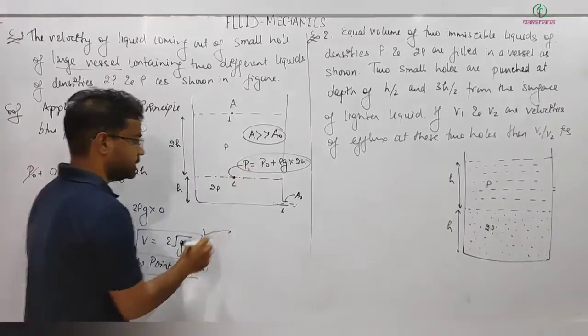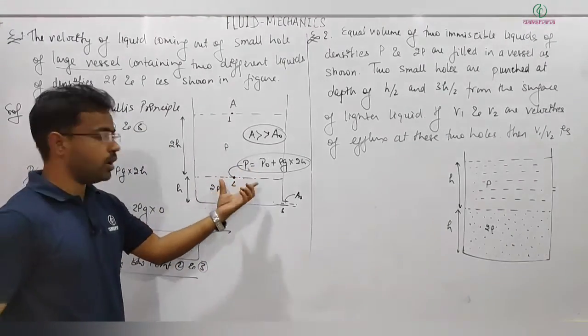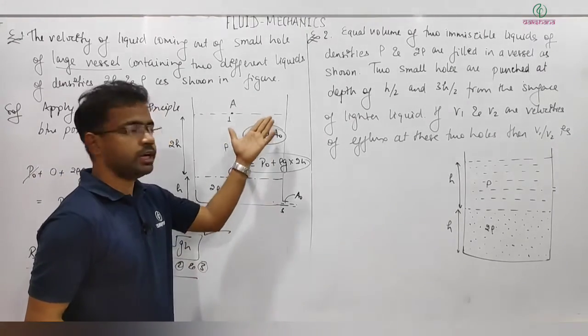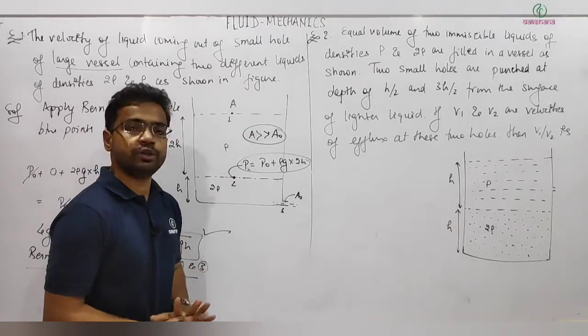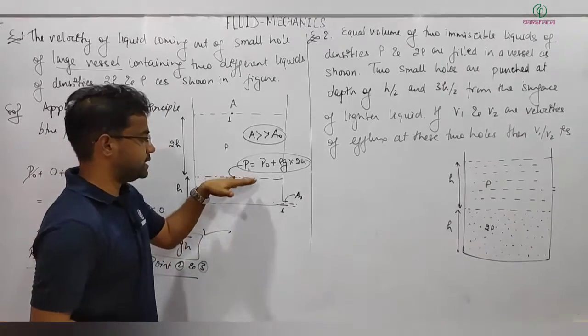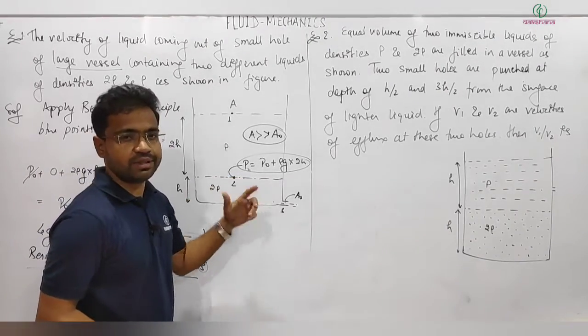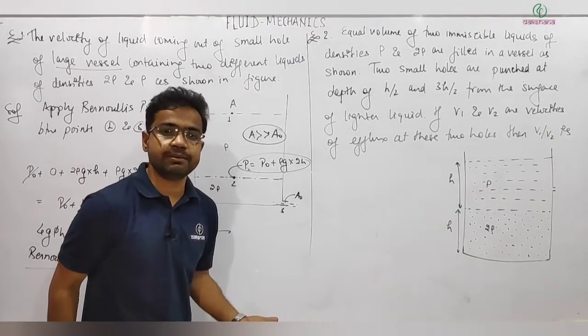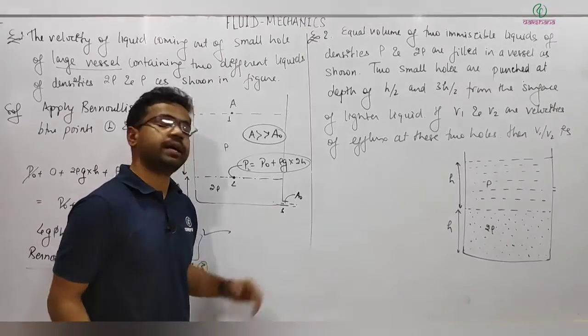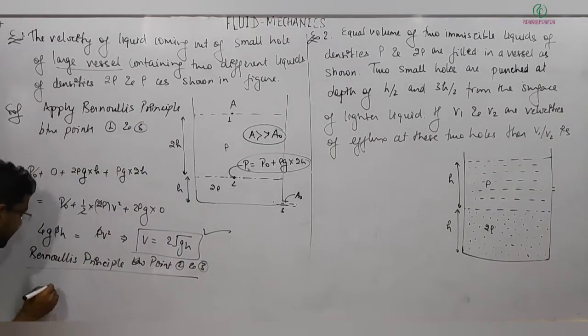I can write P2, is it? Again, because this area of P2 is again equal to the area of the vessel, so the velocity of point 2 I will take as 0. The free surface is again falling with almost 0 velocity. It will be a negligible, very small velocity, but we take it as almost equal to 0. So then I can write